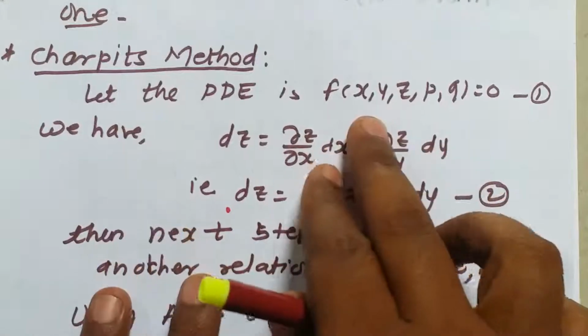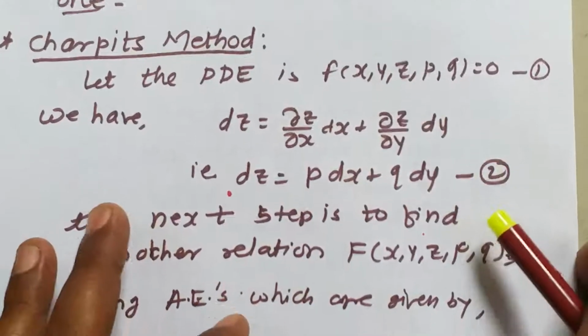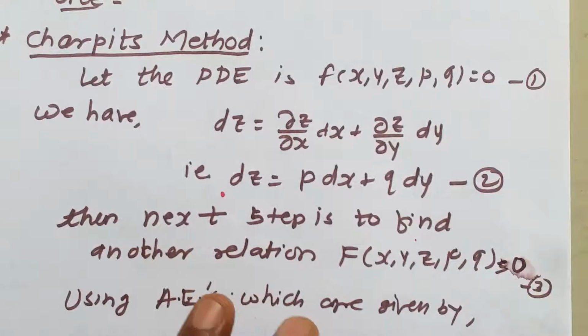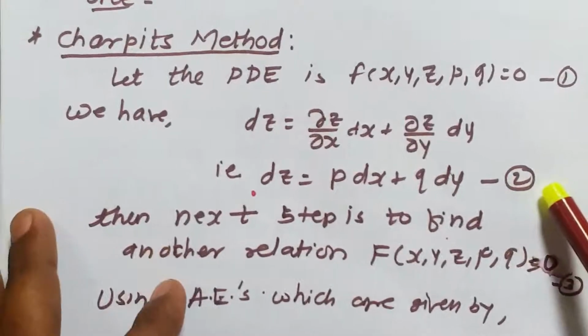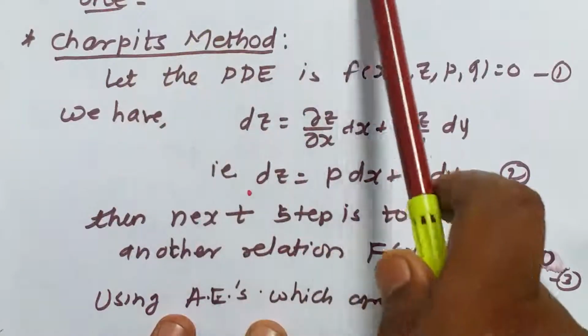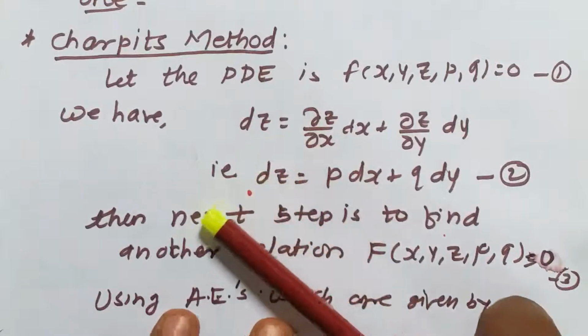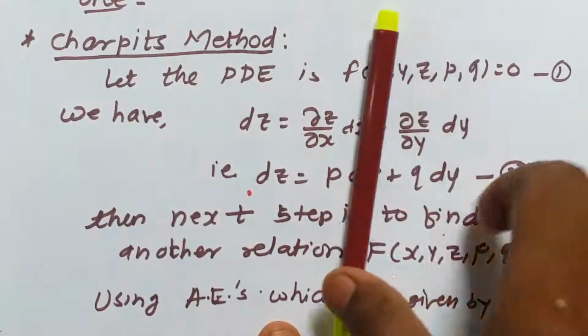Whenever you are given a differential equation in some special form, there are some other techniques to obtain the general solution, the complete integral. The solution of the nonlinear partial differential equation of order 1 is also called the complete integral, and that complete integral we are going to calculate here.